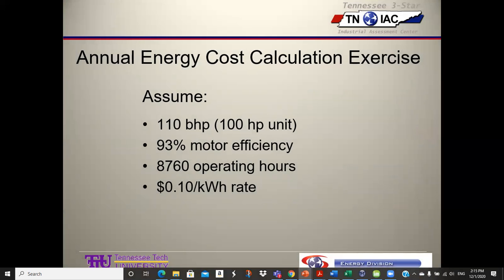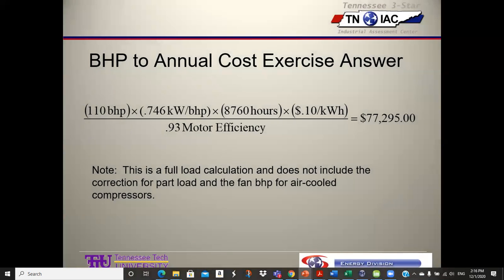Annual energy cost calculation exercise. Assume we have 110 brake horsepower, because the 15% service factor would say that we could use 115 horsepower. So we're taking 2/3 of that service factor. That puts us at 110 at full load. Motor efficiency is 93%, operating hours 8760, and 10-cent power. So there you go, plugging the numbers in, over $77,000 a year. Note, this is a full load calculation and